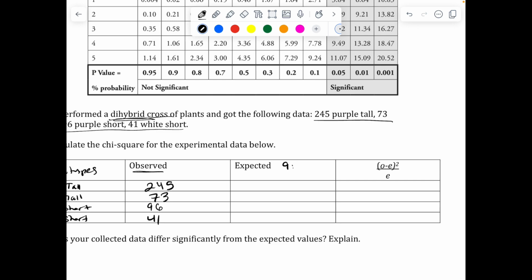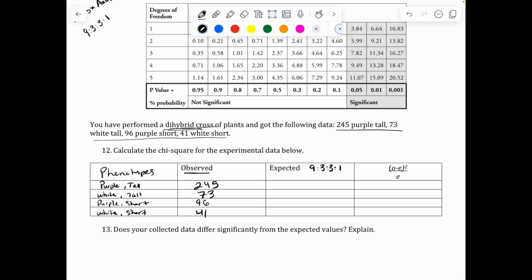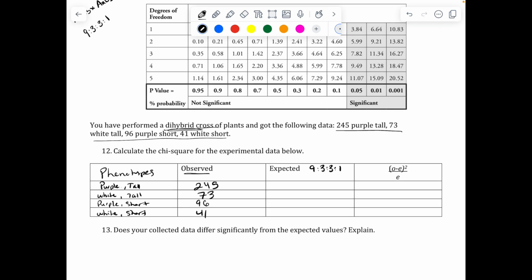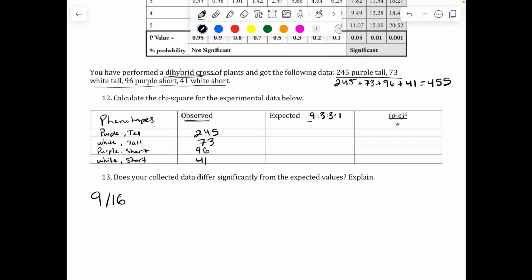The expected is this whole idea of 9, 3, 3, 1. So something that I have to do first is total the population: 245 plus 73 plus 96 plus 41. 9/16 of the population to be purple and tall. I like to do 9 divided by 16 first, so that gives me